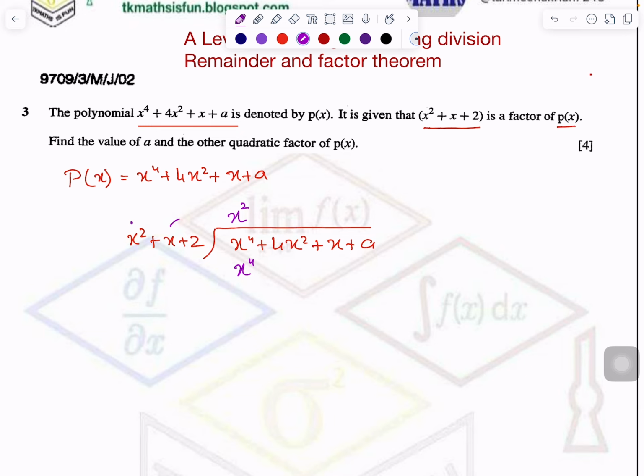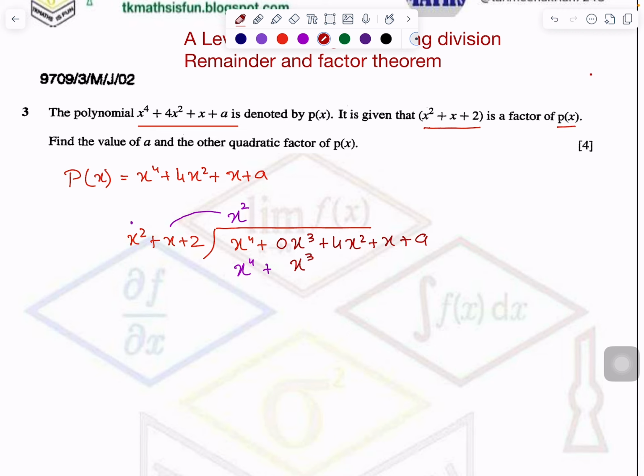Then we will multiply x by x square. It will become x cube. Now x cube is not written here. In such cases, what do I suggest? I forgot to tell earlier: in such cases, write down here 0x cube. It's always easy because you have to write the like term underneath, so it helps. Otherwise, you can write at the end also, but not a very good idea for most people.